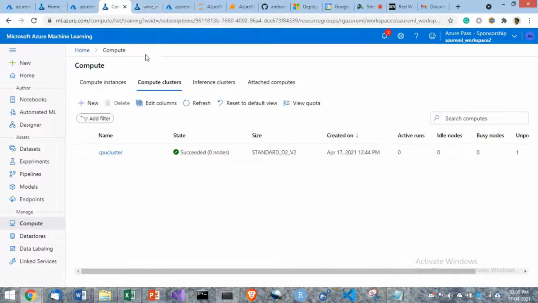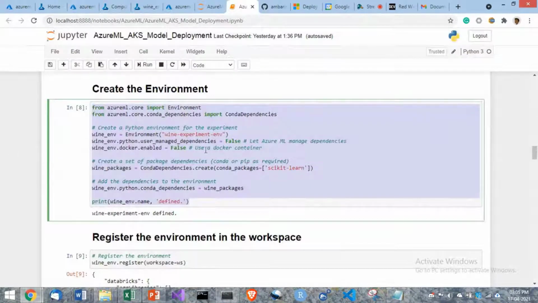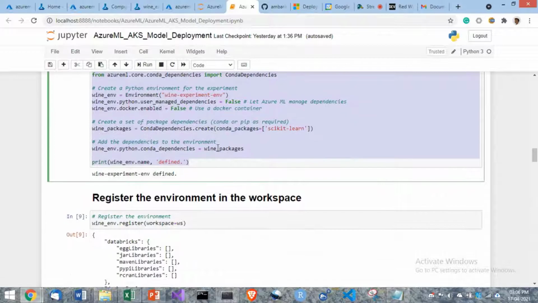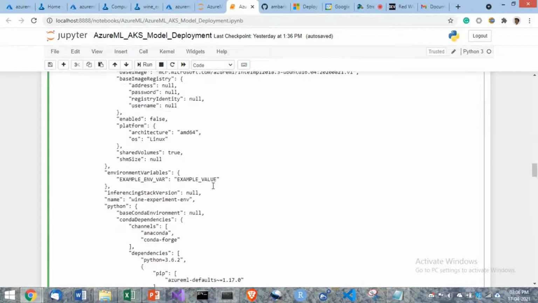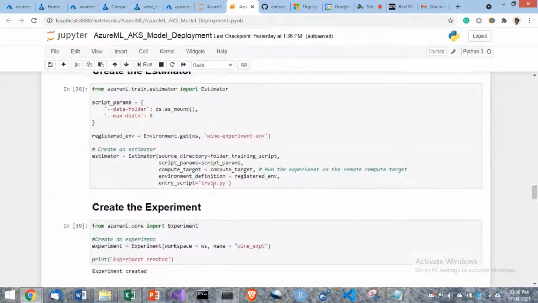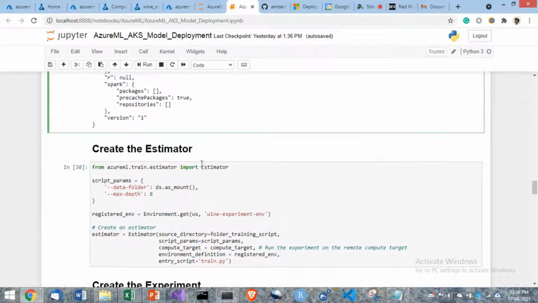Okay, I just go back. So where was I? We created the cluster, and now we created the environment. Now what we will do is register the environment in the workspace. Once we register the environment in the workspace, we create the estimator.